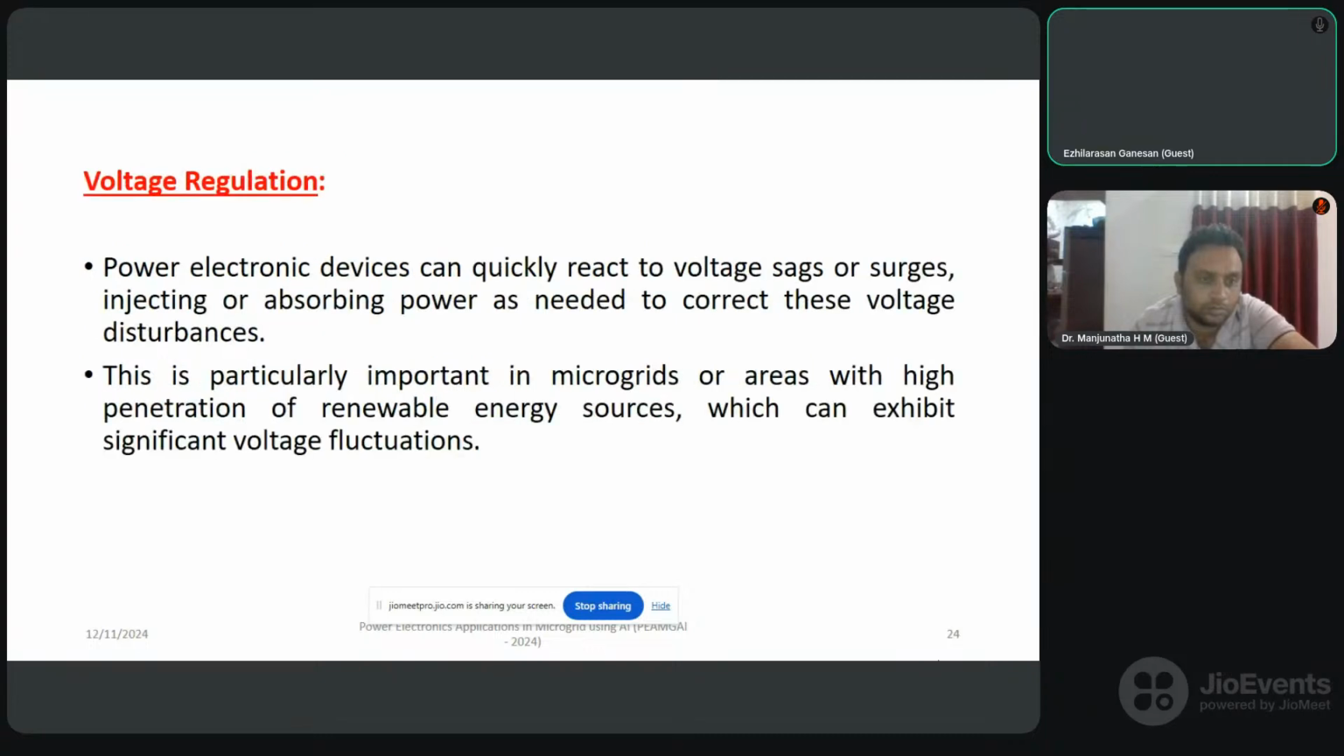Then we have voltage regulation. Power electronic devices are very good in voltage regulation. Power electronic devices can quickly react to the voltage sags, surges, injecting and absorbing power as needed to correct these voltage disturbances. So in the old days, if the frequency is dropping, then in the power station,